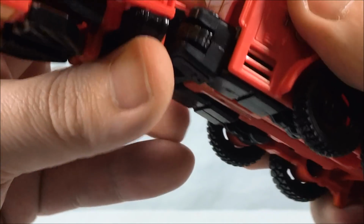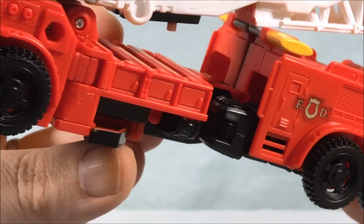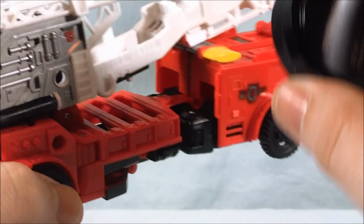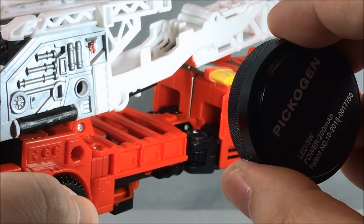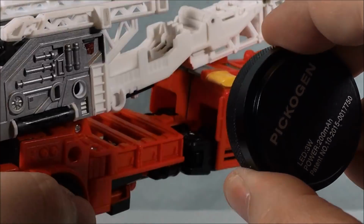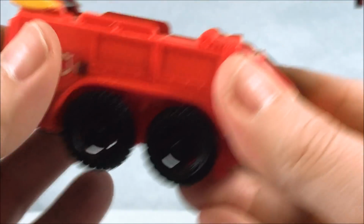that has to like click into place. So now it's clicked into place, if you can see that. I know it's hard to see. Maybe if I can get some more light in there. So you can see the tabs in there have to click in. But once that's all done,